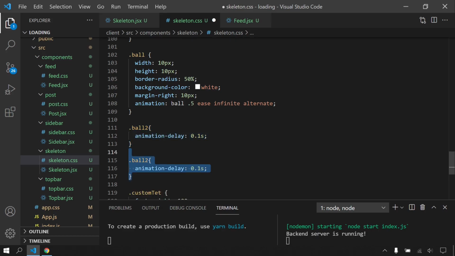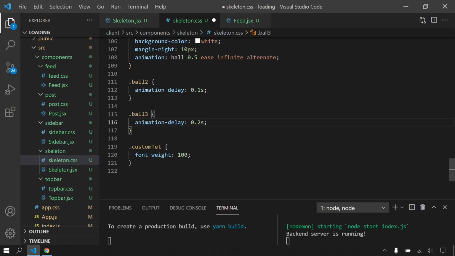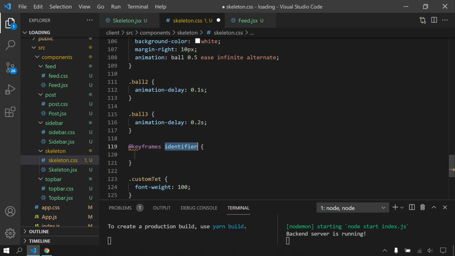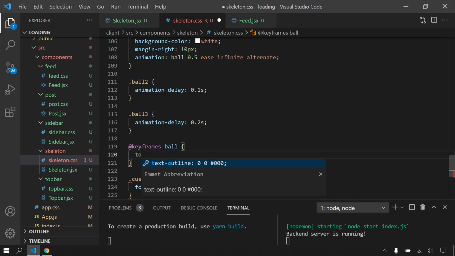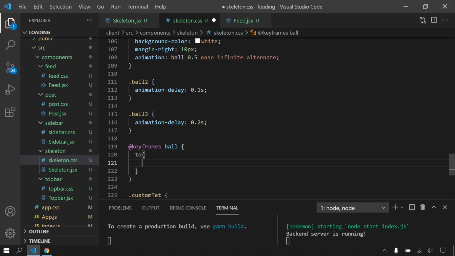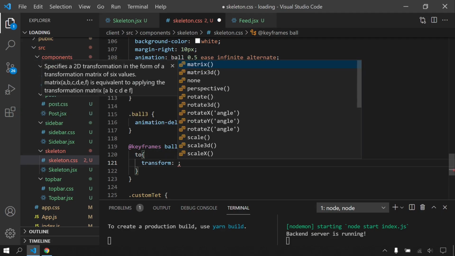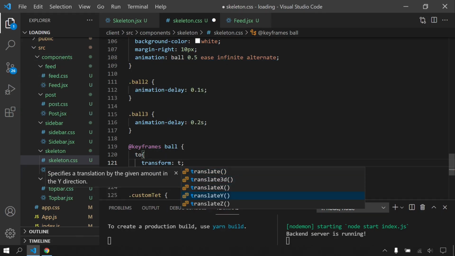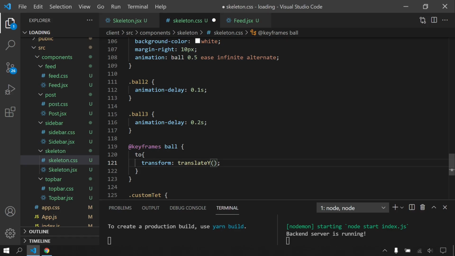For ball 3, it's going to be, let's say, 2 seconds. So let's create this animation. After here, I will say keyframes, and my animation name from 0 to 100. I'm going to move them. So I will say transform, translateY, because it's on the Y axis, 10 pixels.